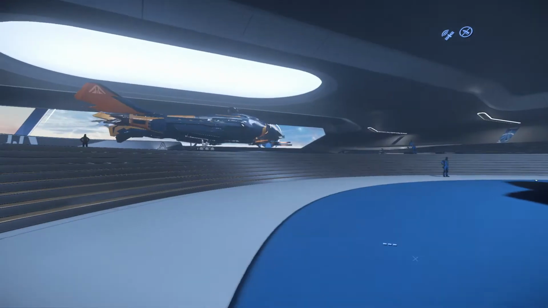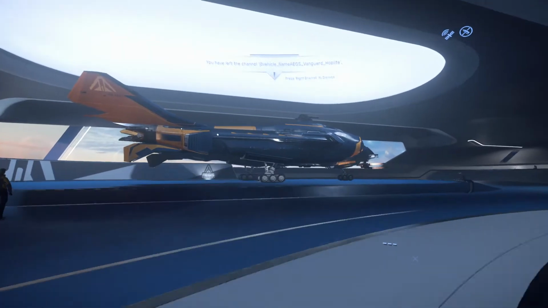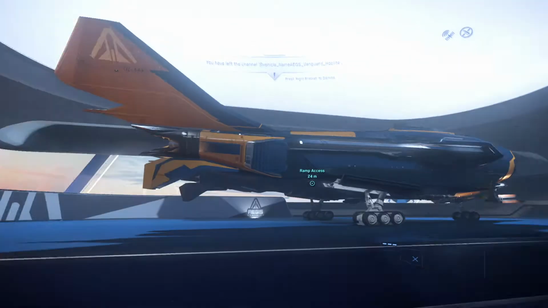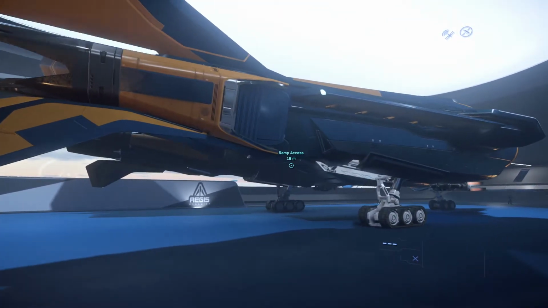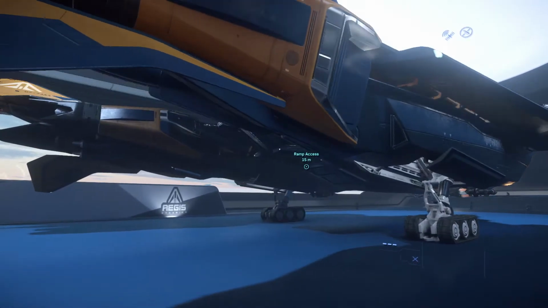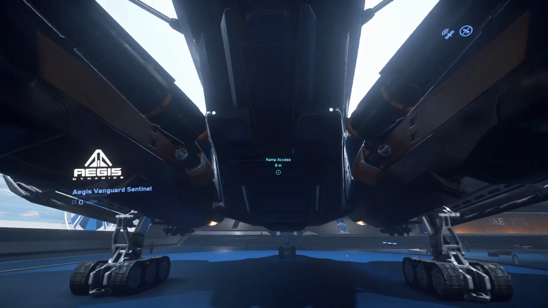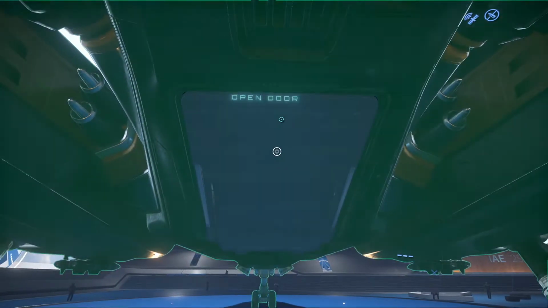So moving over to the other side of the room, I kind of find it a bit sad that this particular vessel, which almost looks like it's being shunned, is actually the big meta of the room. This is the Vanguard Sentinel. Basically, this vessel is the law enforcement variant of the ship, and I actually am beginning to quite like the artistic style of the